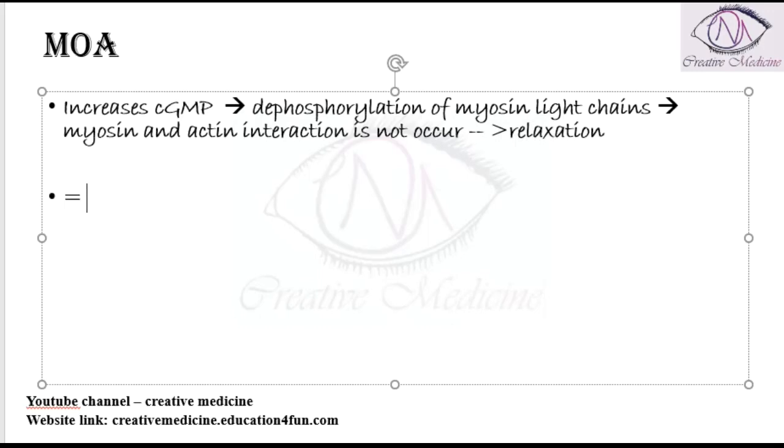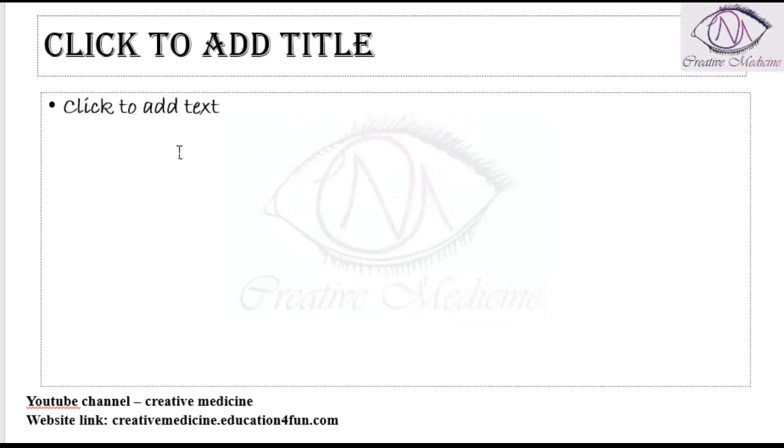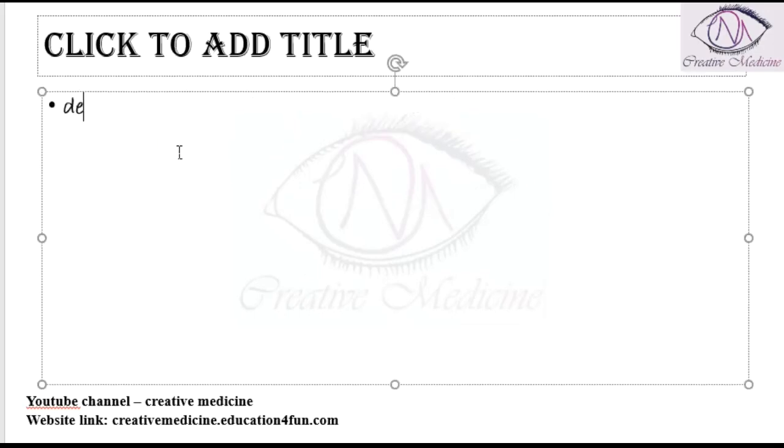So the drugs which are important in increasing cyclic GMP are drugs like nitroprusside and organic nitrates. These nitroprusside and organic nitrates will release nitric oxide, and this nitric oxide is responsible for increasing the cyclic GMP levels. Then, the second mechanism of action is by decreasing the